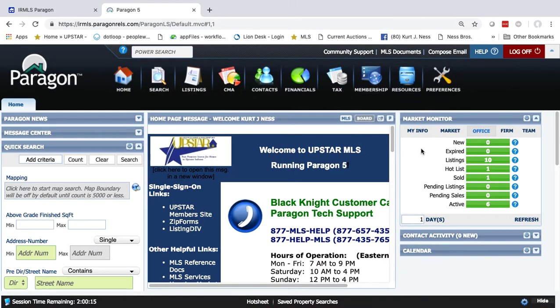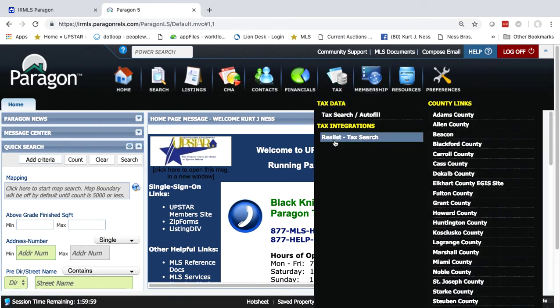Today we're going to talk about looking at the tax records to get information about a property. You do that by going to the MLS site, Paragon, and you're going to see taxes right here. You click on it, and you're going to see the Realist Tax search, and you also have by counties. Typically, you always go to the Realist Tax search. You click on that,